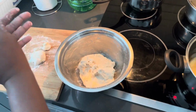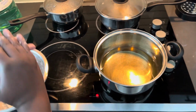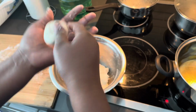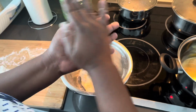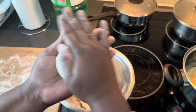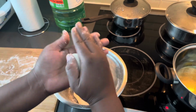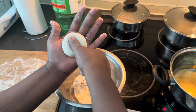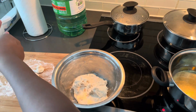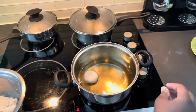Yeah. Look at that. So we want to roll our dumpling into a perfect ball. And what you do, this is a trick. After you roll your dumpling, make sure it's in a perfect ball. You're gonna squeeze in on the dumpling. Just a little squeeze. A little squeezing on the dumpling. That will make it fluffy. Just pop it in the oil